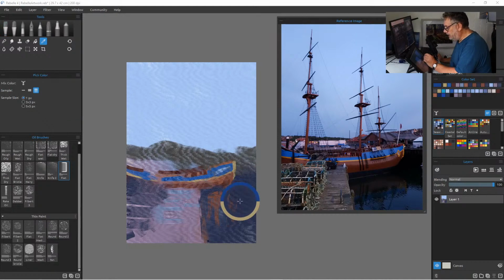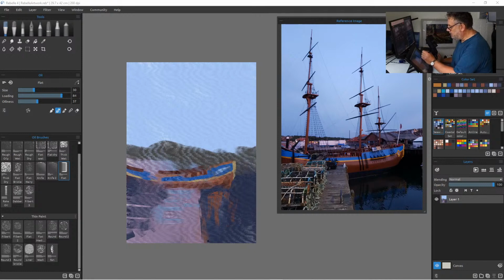Can I get that kind of gold colour? Yeah, there it is. So to add that to my palette, I just click plus, and that now appears in the palette. So I've added a colour, and I'm not cheating because it's come off the painting, but it wasn't one of the original 25 colours,